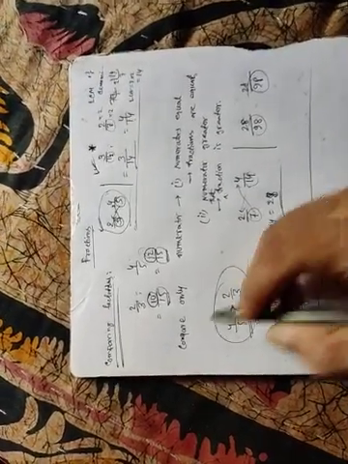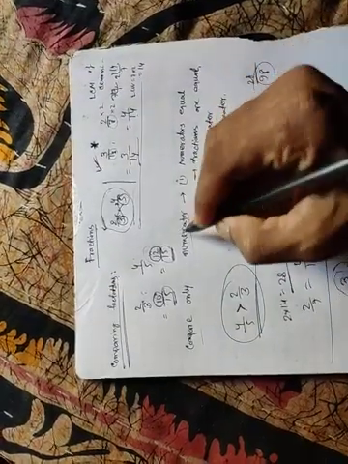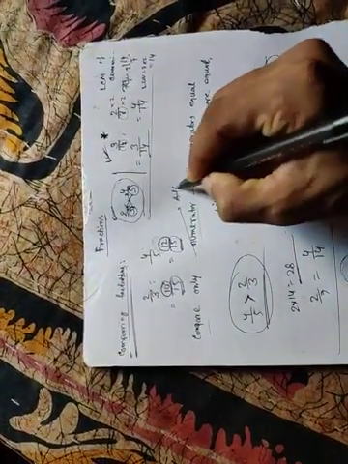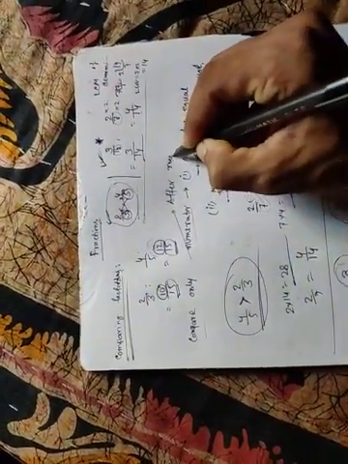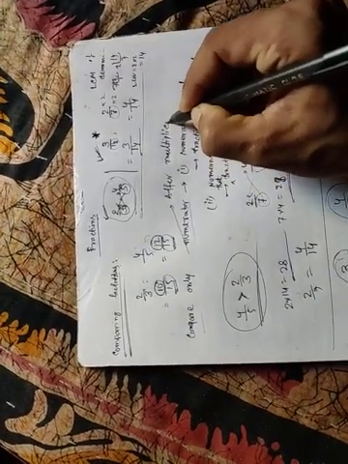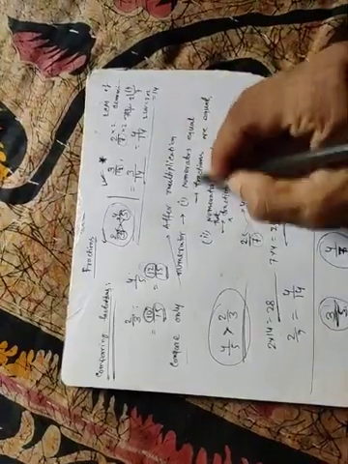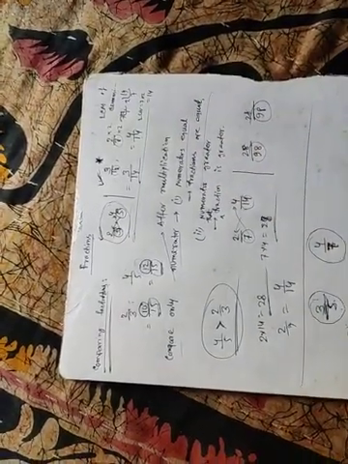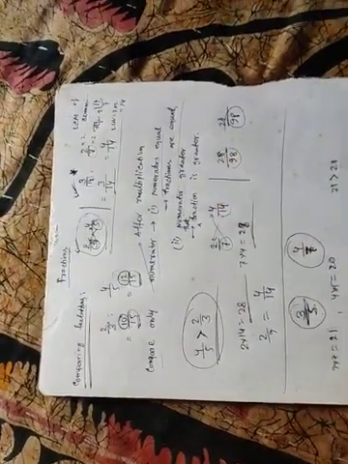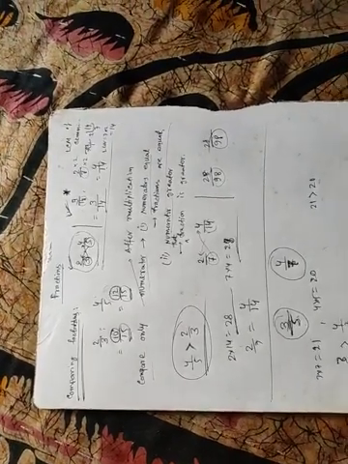Okay, compare only the numerators. So actually I mean to say, after multiplication, if we see the numerators are equal, then the fractions are equal. If we see which numerator is greater, that fraction is greater.